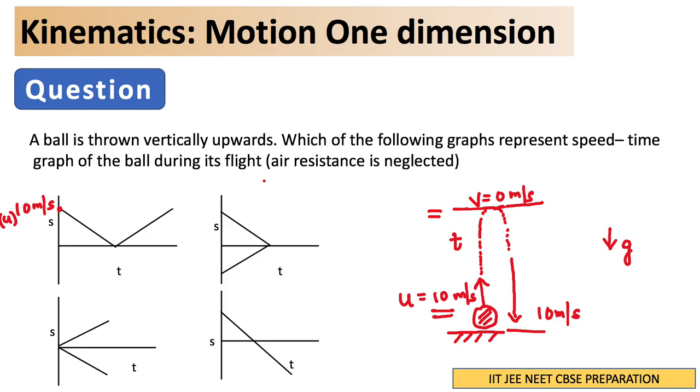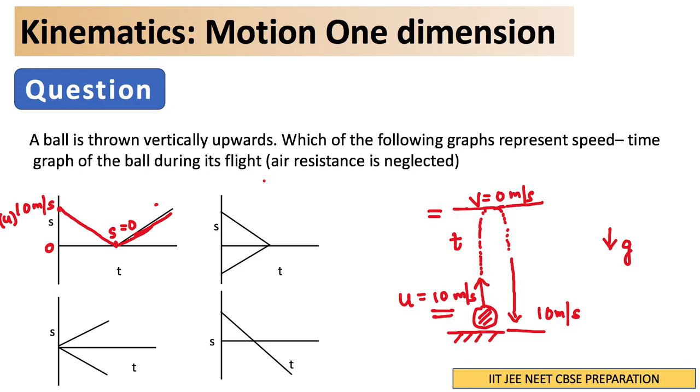Now what is happening? The speed is slowly decreasing to 0. At this point, if you see, the speed is decreasing, and finally the speed has become 0 at this point. Fine. Now if you look at the graph, the graph is moving in the upward direction. Again the speed has started to increase. You see this value of speed is increasing again, and finally it has become around whatever the initial value was, 10 meters per second or whatever you have taken.